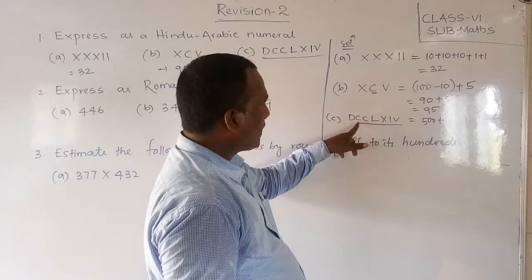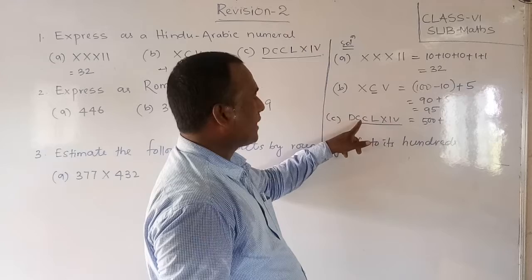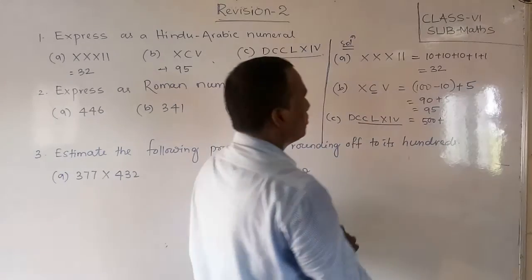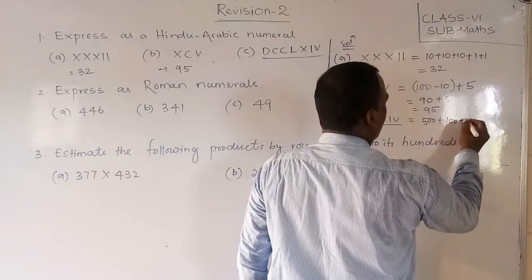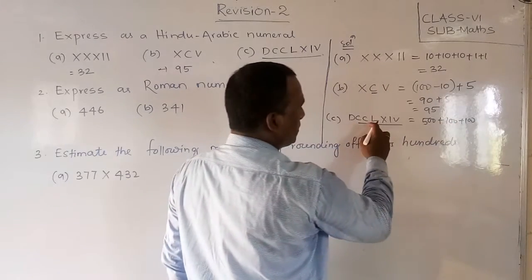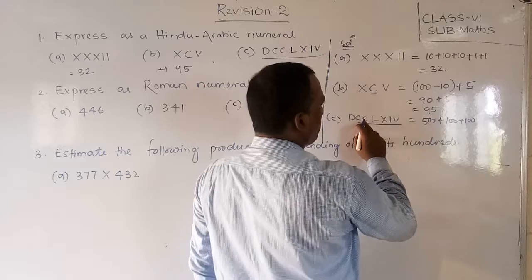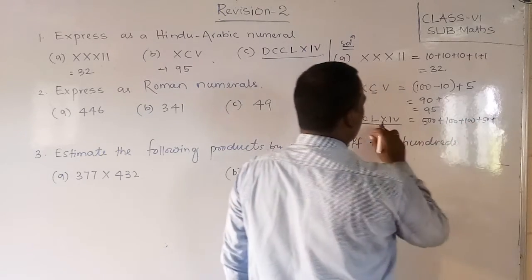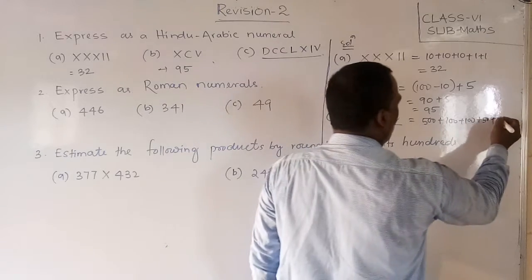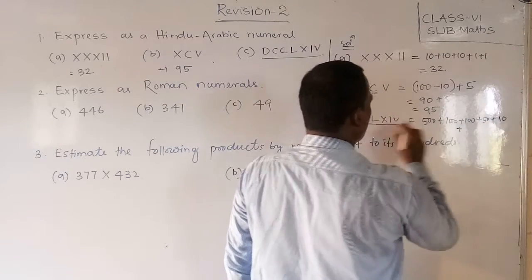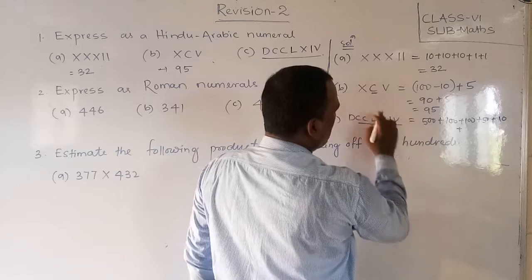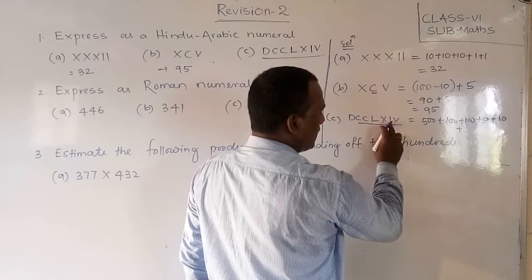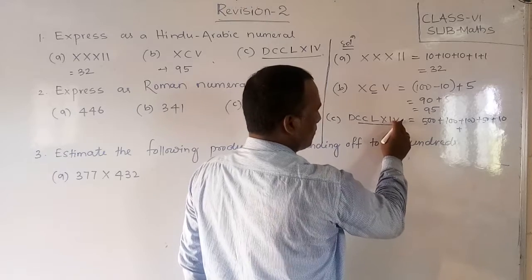Next, what is there? Now you see CC. That means C is the next smallest number. So C means 100. This is 100. So we can write 100 plus 100. Next, after C the smallest number is 50. So after C there is L, so we can do plus 50. Plus, after L, X is there, so plus 10. Plus, students, observe this is completed now. This number we have to solve. X means 10, but what is the next number? The smallest number. After that, which number?